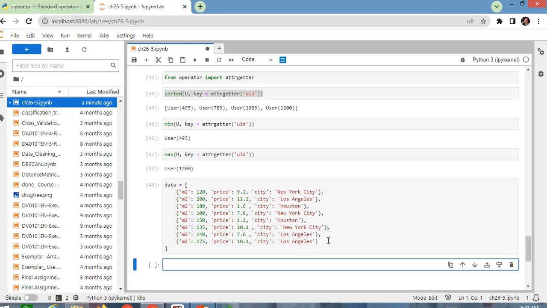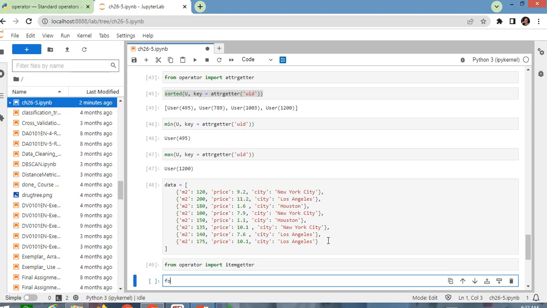Okay, let's assume that each of these dictionaries contains information about each house. Now we want to group this data, for example, based on the city. If the data we have is very large, this grouping can be very useful for extracting primary information. At first, we need to import from operator itemgetter,